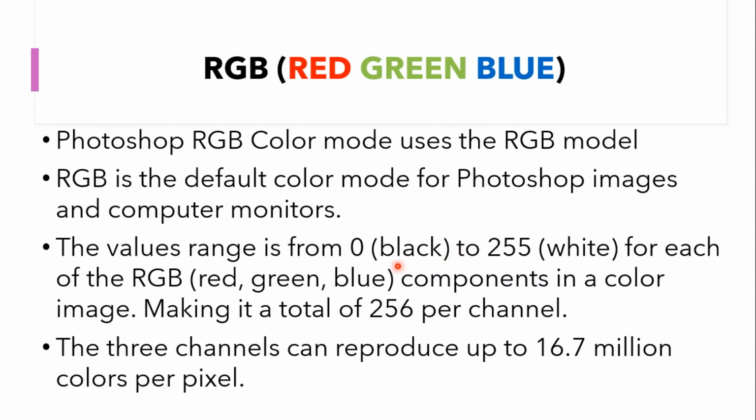Alright, RGB 0 means black. Value 0 doesn't mean nothing, it means black color. So 0 means black, no brightness, no color. It should be the clue to remembering that 0 is black. Then to the highest value available, which is 255. 255 is the highest value available on the color scale. It means that at 255 you have the highest brightness. So with the highest brightness you get white at the end of the day.